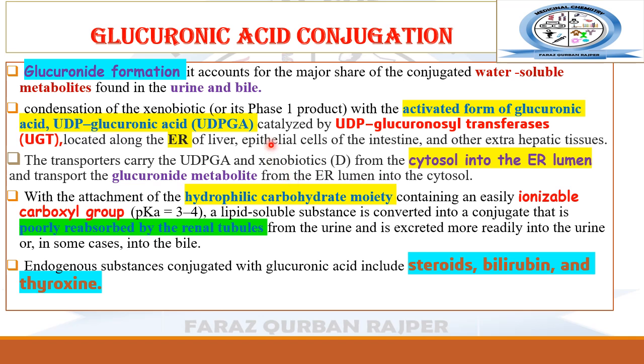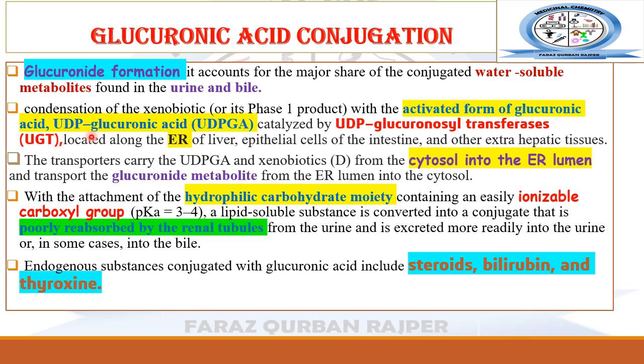Glucuronic acid conjugation is a type of conjugation of phase 2 reaction. In this, glucuronide formation will take place, and this is the type 2 conjugation of most of the drug molecules which are excreted into the urine or the bile. The steps involved in glucuronic acid conjugation: first, the activation of the glucuronic acid takes place, and then the condensation of the drug molecule with the activated glucuronic acid